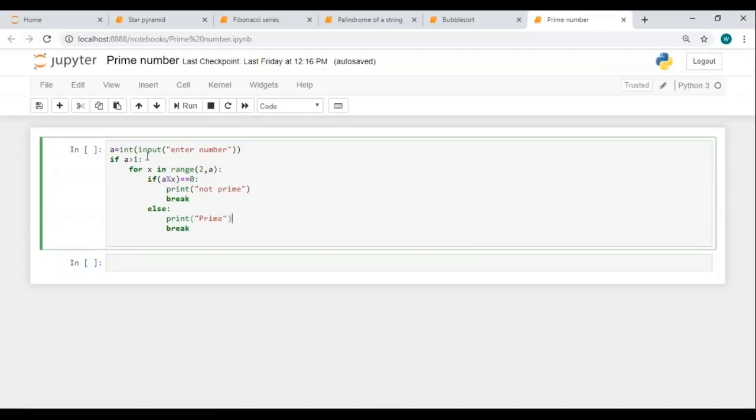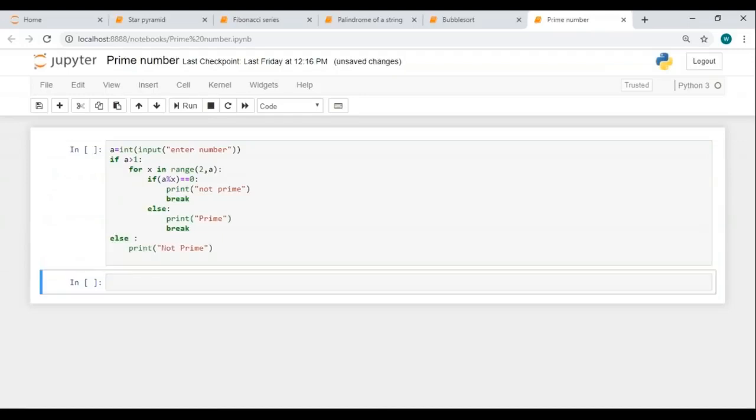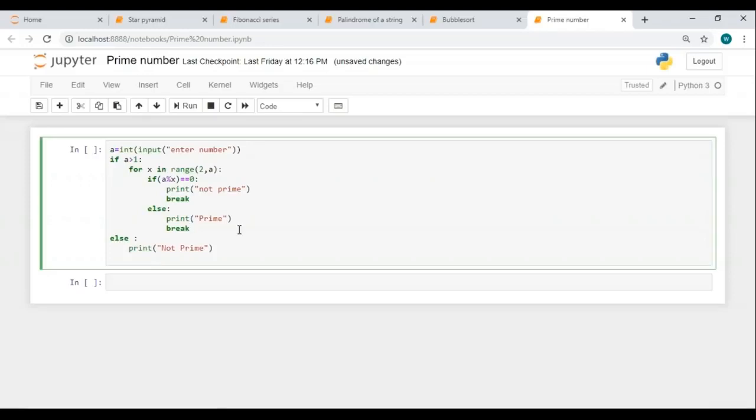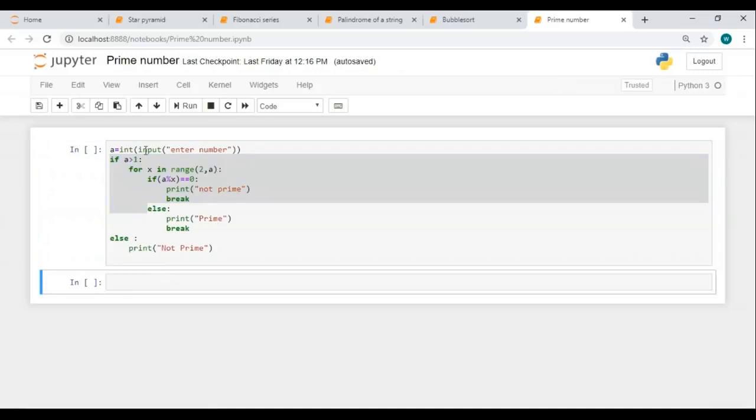First of all, let me brief you about prime numbers. A prime number, as we all know, is a number that is divisible only by 1 and itself. So here is a simple program that helps us find the prime numbers. Do not look at the code and get scared because it's very simple. All I've done here is make use of a small if-else block. I'll explain each and every line to you one after the other. Please concentrate and please do the same on your Jupyter notebook as well. If you have any doubts, please let me know in the chat box and my team is going to